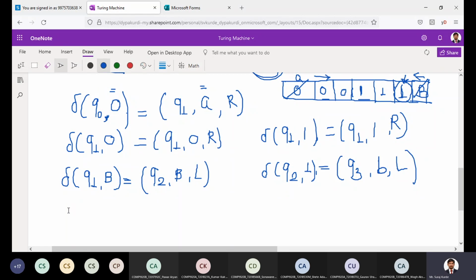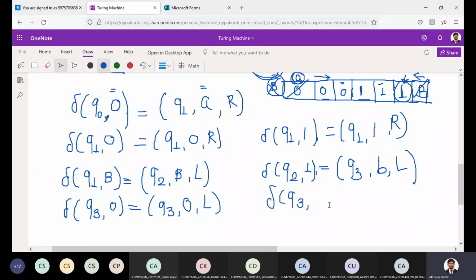Yes, we have to change the state. So Q3. Now, while moving to the left, what are we going to read? Again, we are going to read 1 and 0. We have to keep going to the left cell until we read A. Now we are going to check A. Here there is no blank. What is on the left side? Small a. So on Q3, if the input is 0, keep it 0 and go to the left.